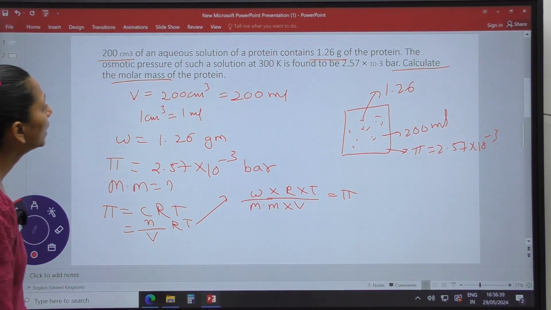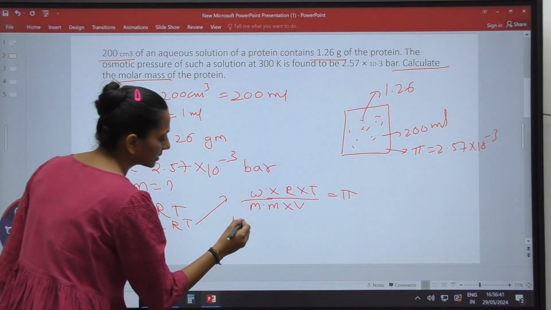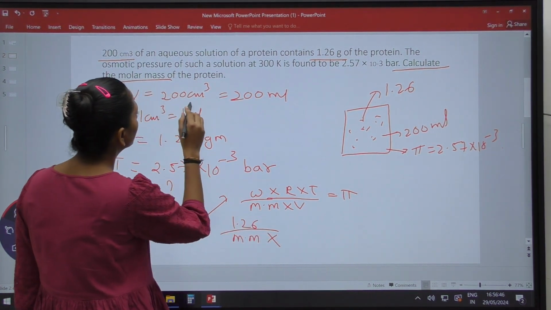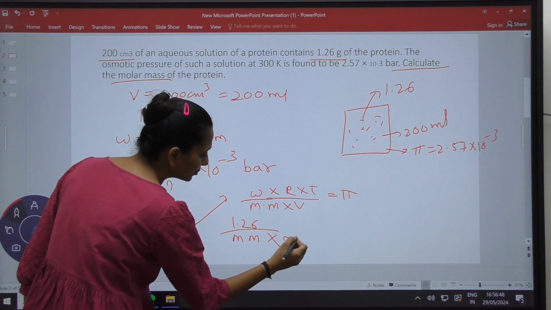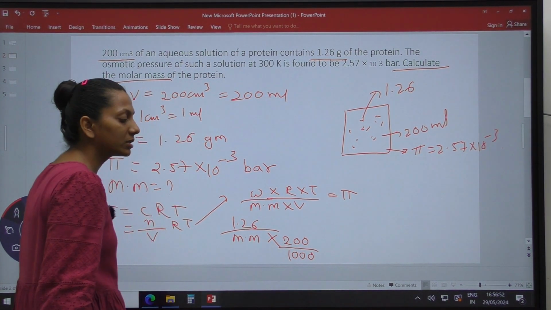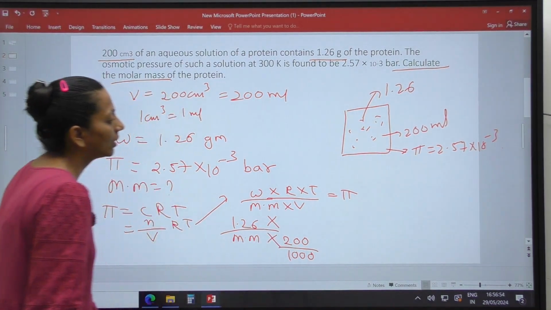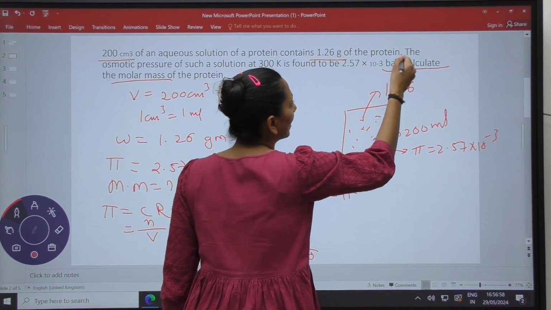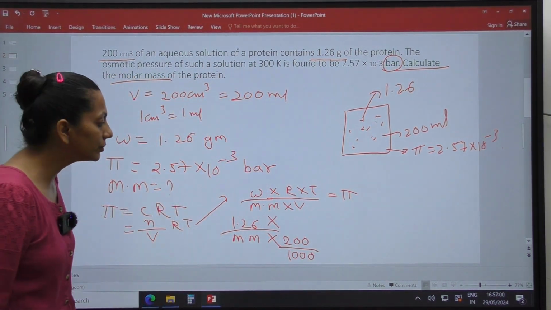Let us keep the values. How much weight is there? 1.26. Molar mass we don't know. The volume is 200 ml, but the volume should be written in liters, so we divide this by 1000, multiplying by R. What is the gas constant? Here the pressure is given in bar, so we are going to use